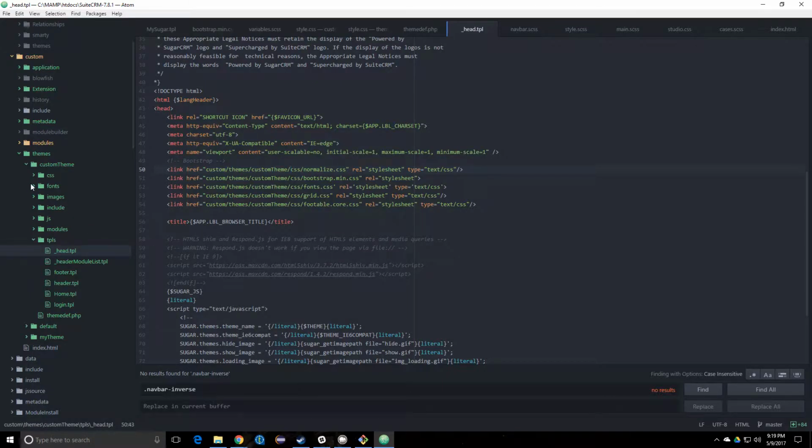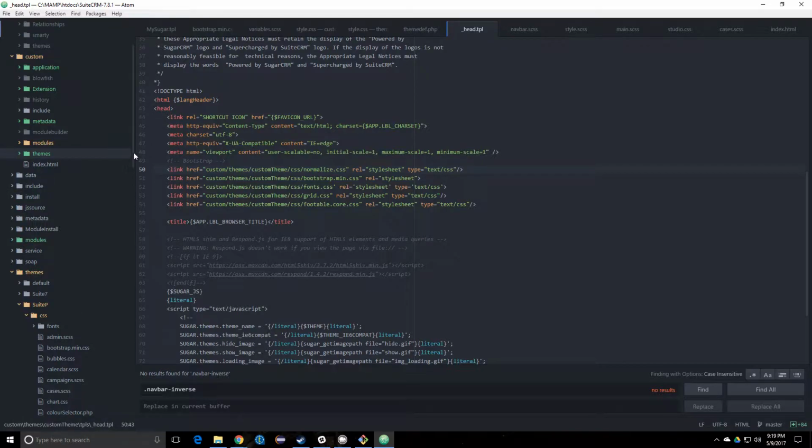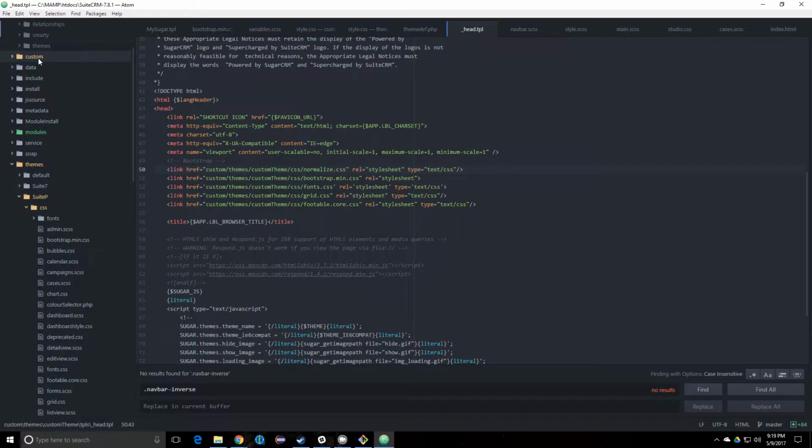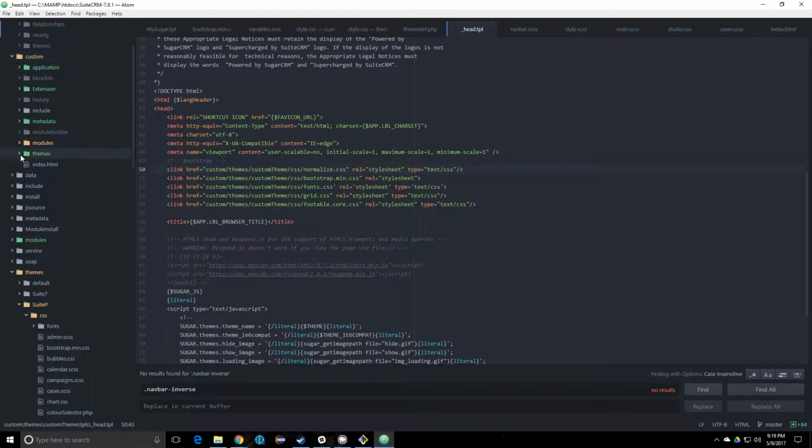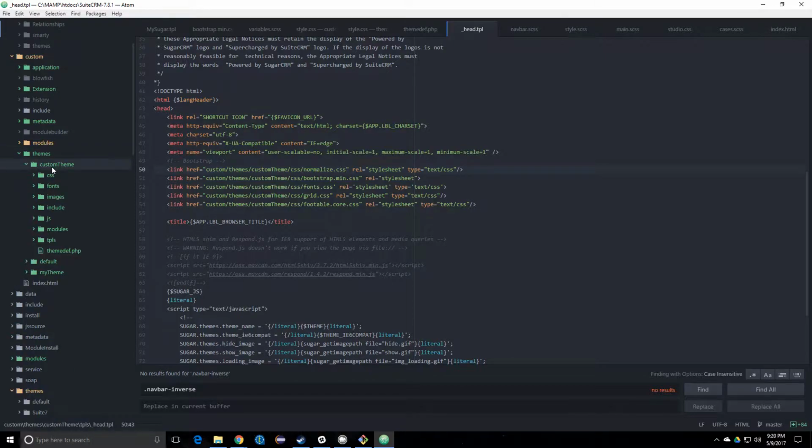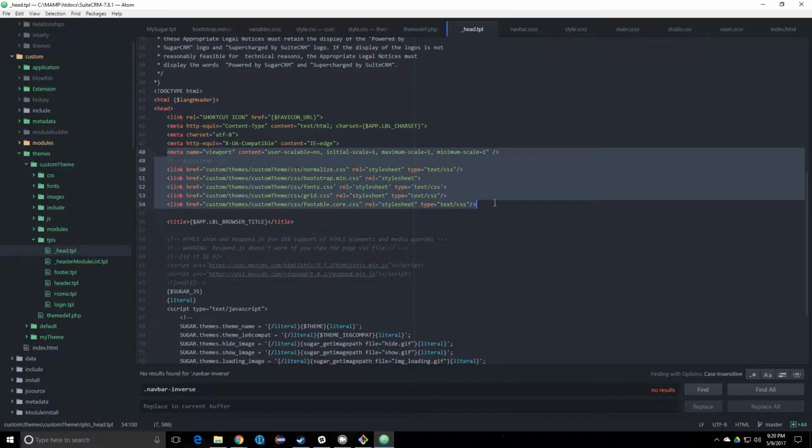So I'm opening up my text editor, and if you look over here in the file system, you can see here's the custom directory, and then you go into themes, and then the custom theme directory I created by just copying it over into here. And so the way that you want to edit this is, the first thing you want to do is go into the TPLS directory, click on head, and this has the basic